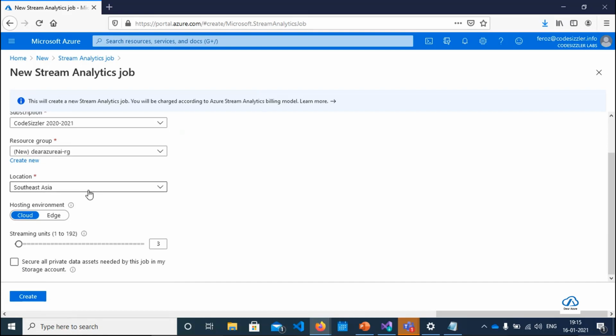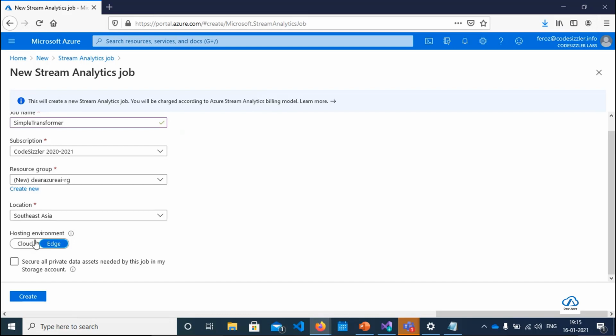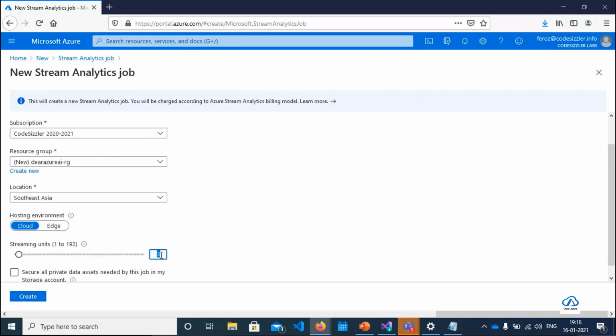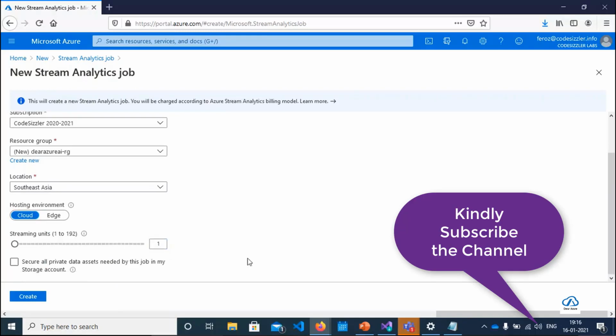I'm going to deploy it in a data center region, which is Southeast Asia. And the hosting environment is set to cloud. Cloud in the sense that the connected IoT devices or any sensors will be in the cloud environment. Perhaps when I say edge, it's on-premise. So let's go with cloud and streaming units. It's going to be a very minimal layer, so I will say 1 and let's get this created.